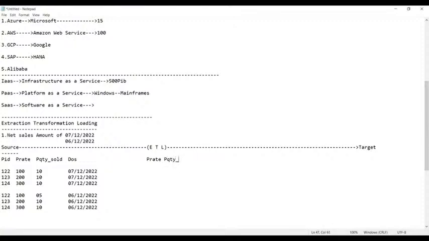QTY sold. Now tell me, do you require the date of sales or not? Yes, in fact, we require DOS, date of sale. Without date of sale, how can you find out? So now, guys, these are the three columns. That means out of all these four, all available data, you will